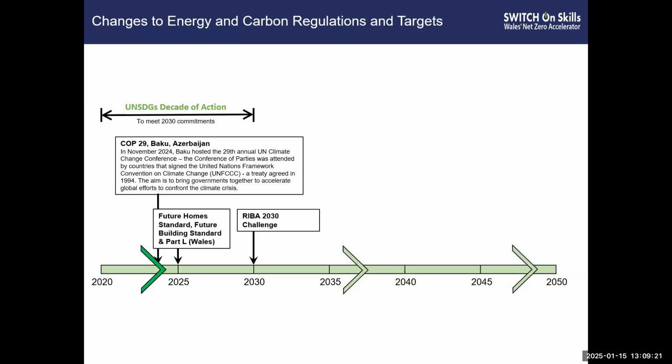So just to go through this briefly, the IPCC had predicted that we have until 2030 to limit the global temperature rise to 1.5 degrees. So therefore, this need for solutions is happening now, and hence why there is such focus and urgency on climate change and net zero. So if we start here at the bold green arrow, which is coming to the end